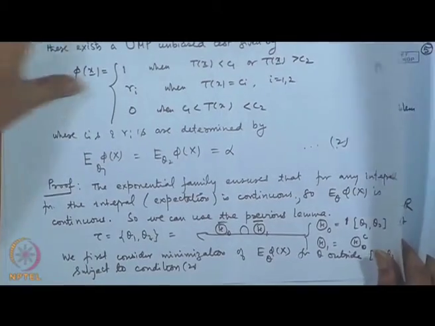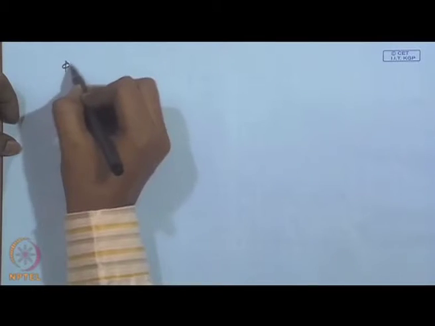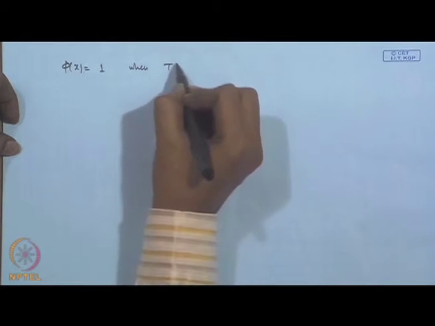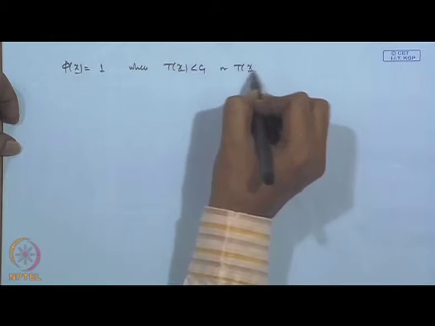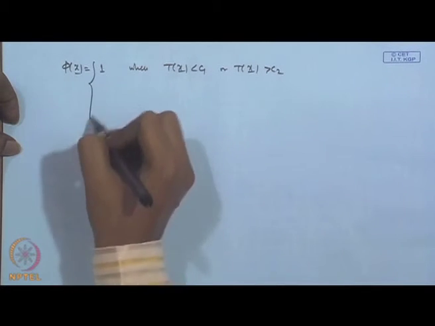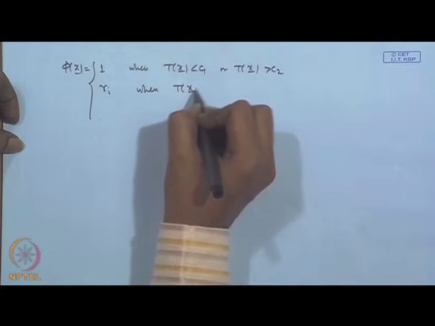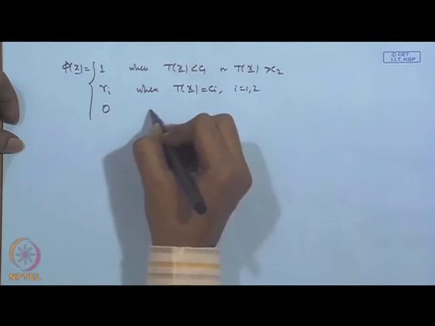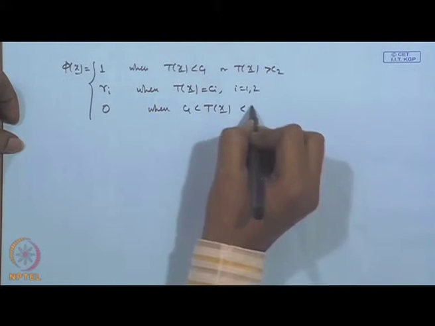However, the size condition will get modified. So, let me give it here. It is phi(x) equal to 1 when T(x) is less than c1 or T(x) is greater than c2. It is equal to gamma i when T(x) is equal to c i, i equal to 1, 2. It is equal to 0 when c1 is less than T(x) is less than c2,